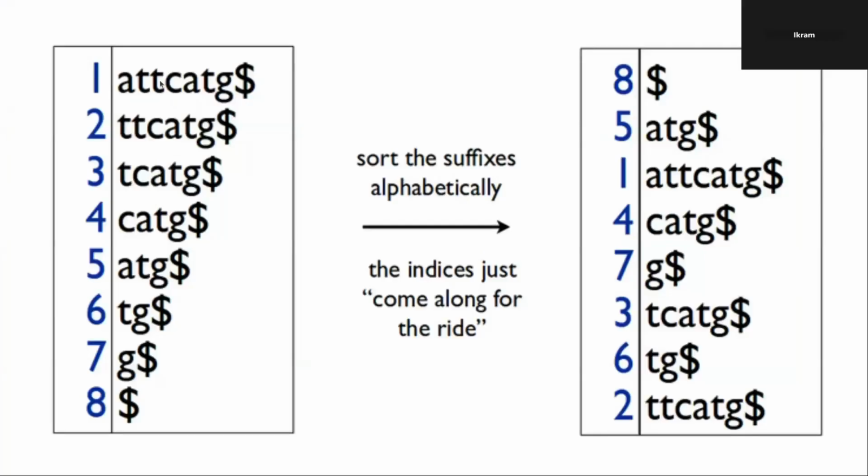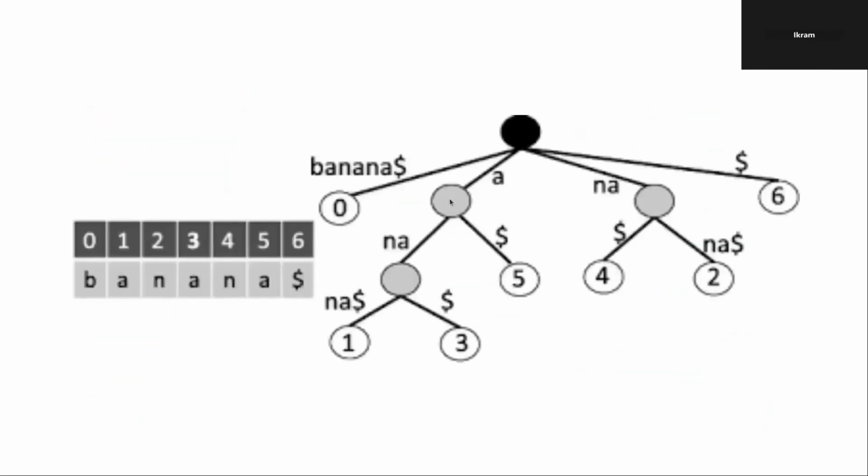Here you can see this is the actual sequence, ATTCATG. We are taking the whole word or whole sequence at first, then remove the first one and take the others, remove the first one and take the others, just like this, and we are sorting lexicographically here. After forming these suffix strings, we need to make our suffix tree, which works